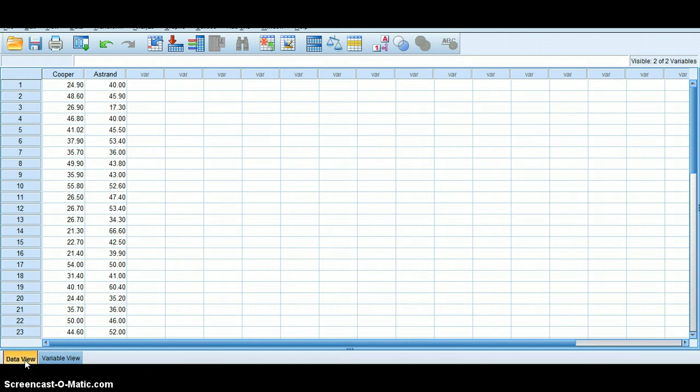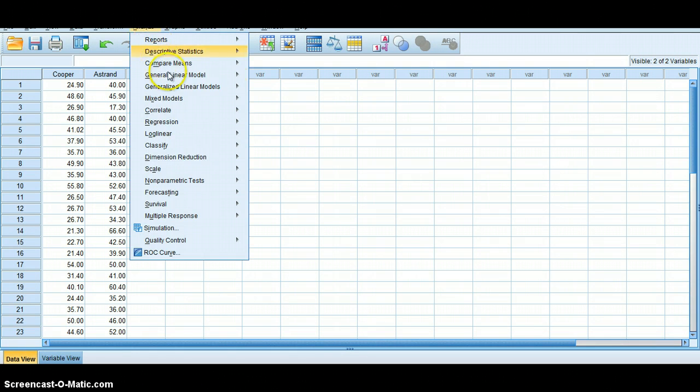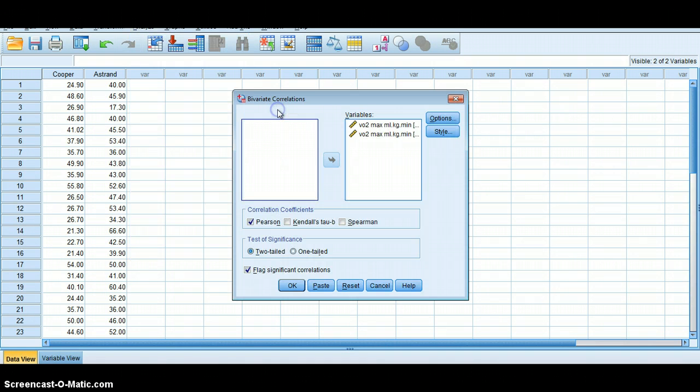So to run the Pearsons correlation test, you need to go up to Analyze, go down to Correlate, and Bivariate. You can see here what you will see when you go into it is actually your variables to the left hand side. I've run this test once already just to make sure it worked, so I'd already put my variables across. You will come to a screen that looks like this, so highlight your two variables here